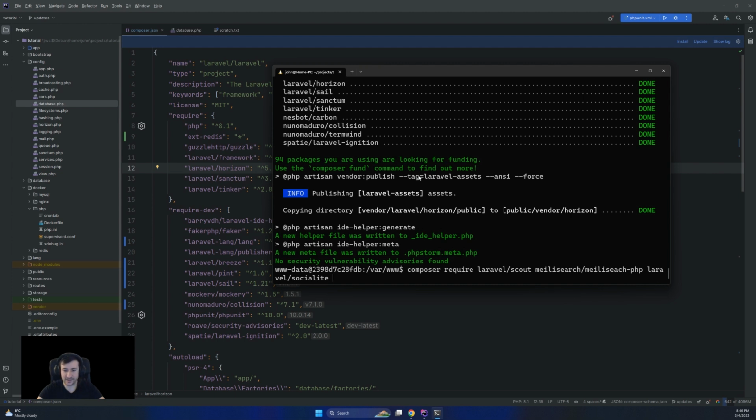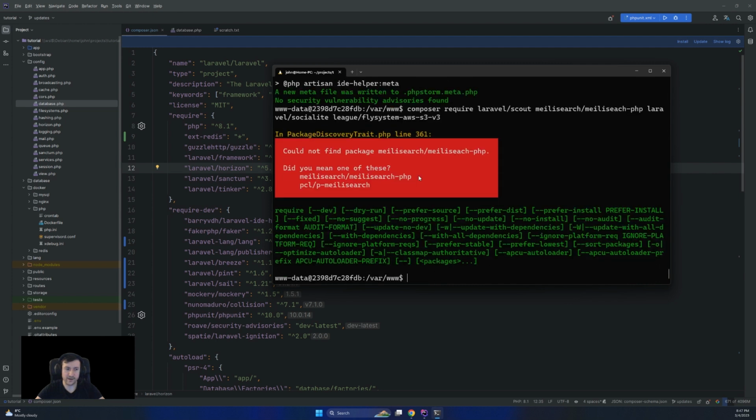So for that, we are going to need League Flysystem, and then AWS S3 version 3. Because before Laravel 9, this package would have used version 1, but from Laravel 9 it's using version 3. So we are going to add those packages in our require dependencies.